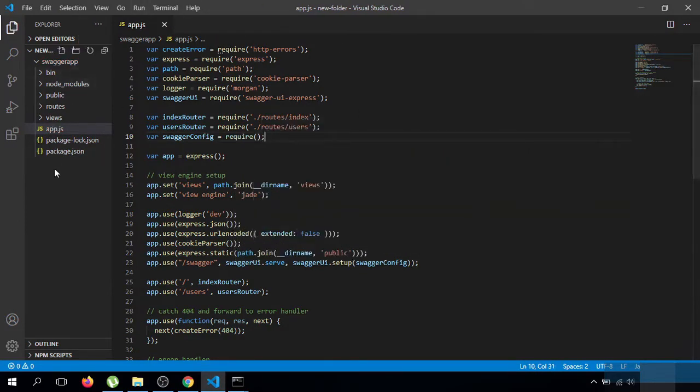We will create a JSON file in which we will write some configuration.